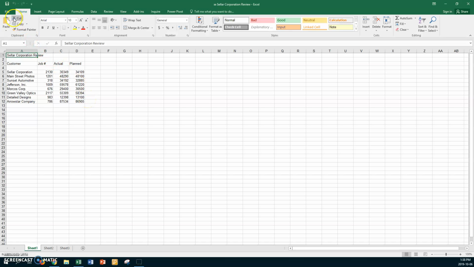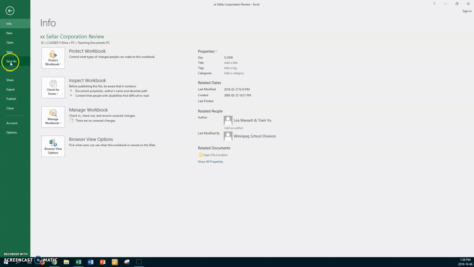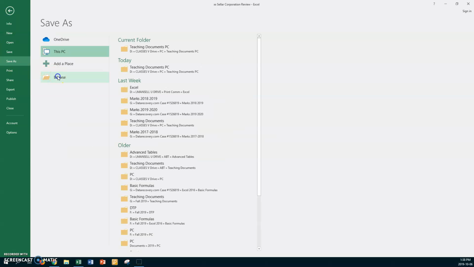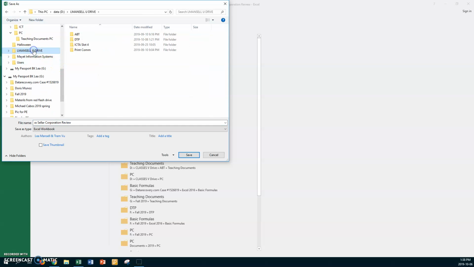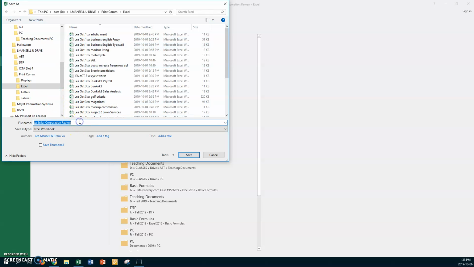The first thing we want to do is go File, Save As, and go to Browse, and now go to your U drive. So go to your name, go to your Print.com folder, go to your Excel folder, click in the file name box, press Home, type in your first name, and put in the current date for you, whatever it happens to be,